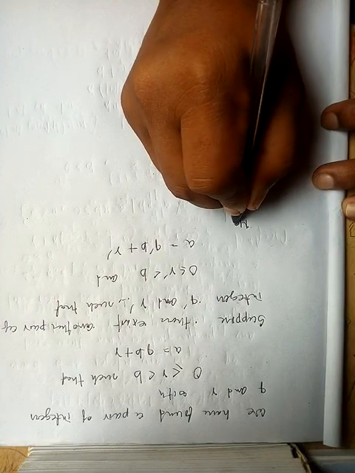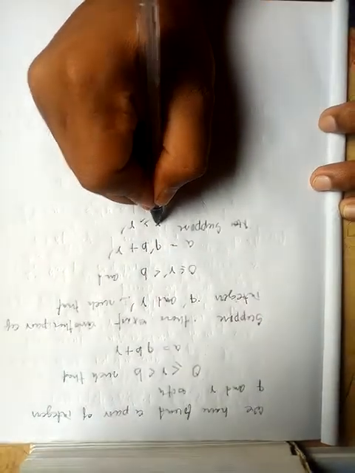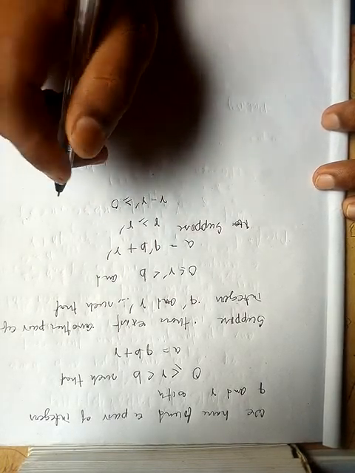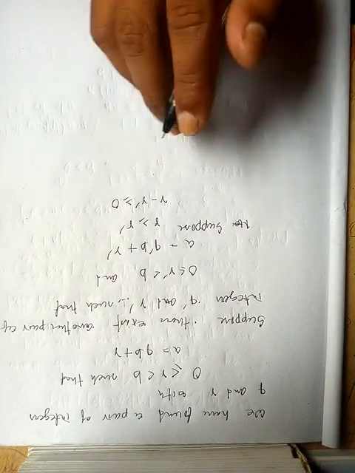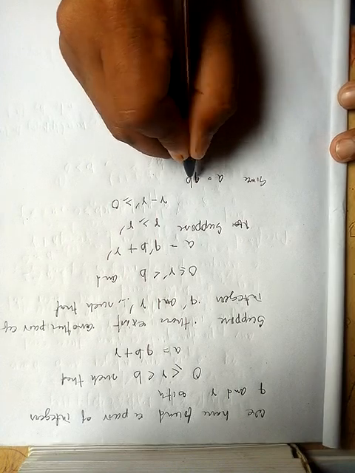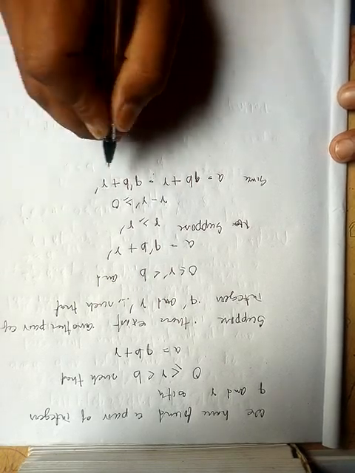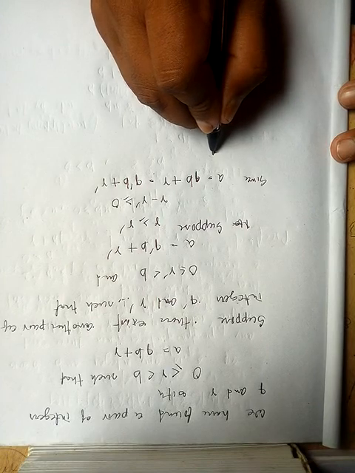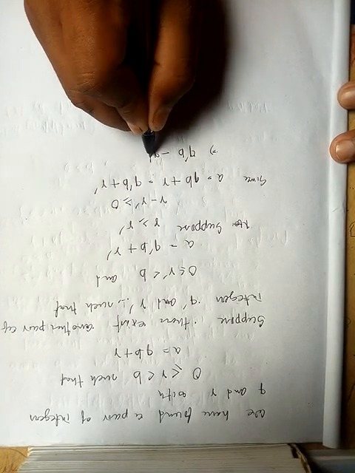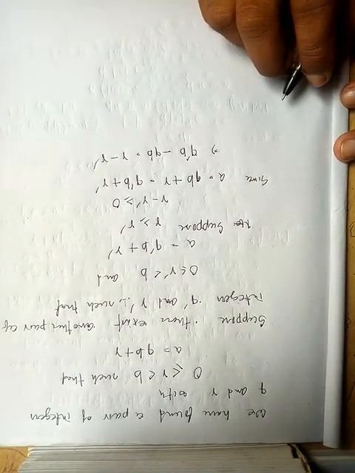Now suppose R is greater than or equal to R prime. Now from this you can see R minus R prime should be greater than or equal to 0. Since A equals QB plus R, and also Q prime B plus R prime, from this we can say that Q prime B minus QB equals R minus R prime. Okay,